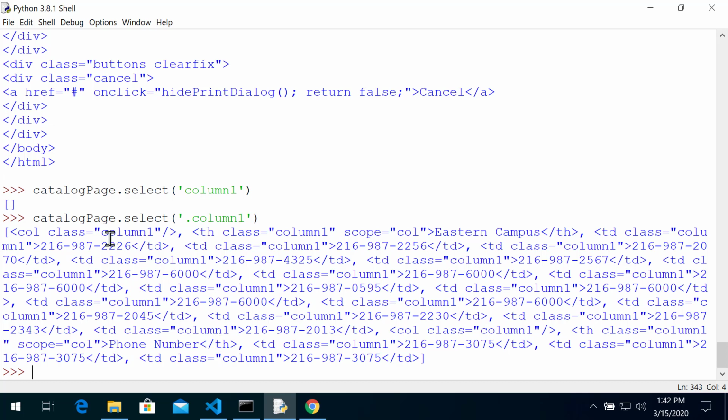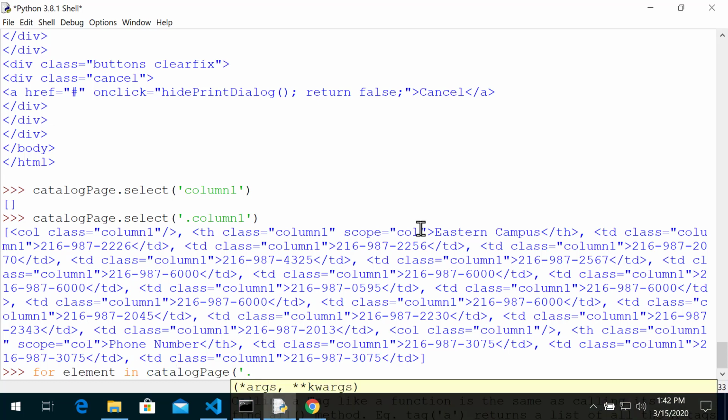Okay, and what is this? It's a list or an array of every result. So everything with class column 1. So what do you do with this? I could do a for element in catalog page column 1